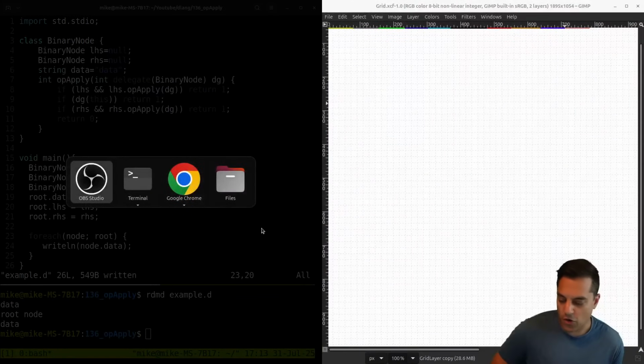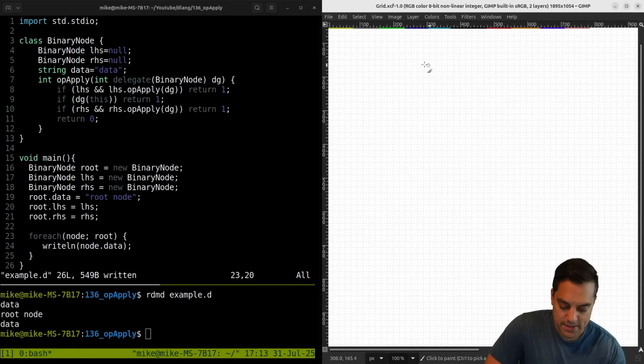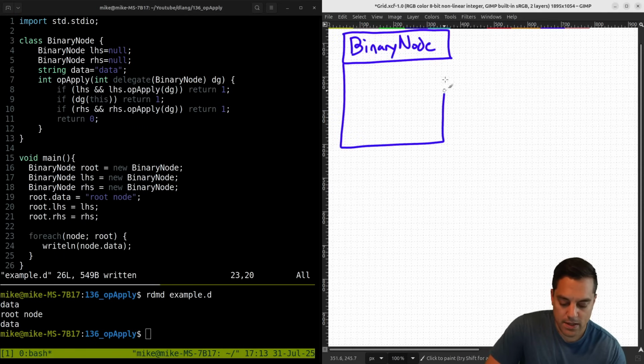Let's go ahead and just draw what we have here, just so you can visualize the data structure in case trees aren't very familiar to you. I'm thinking about doing more data structure lessons in the future, perhaps in D or C. So anyway, stay tuned for that. But okay, so we've got this binary node structure, or it's a class rather. And that means we need to use things like new to instantiate it. And it's got a left-hand side, a right-hand side, and some data here. Okay, so three fields